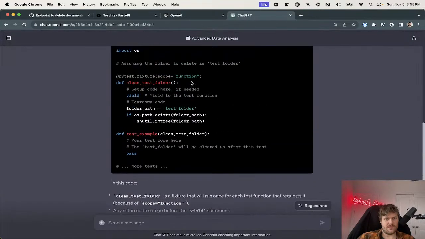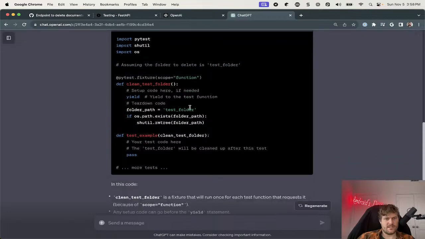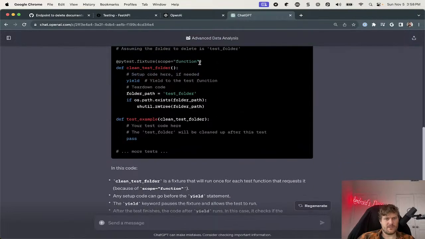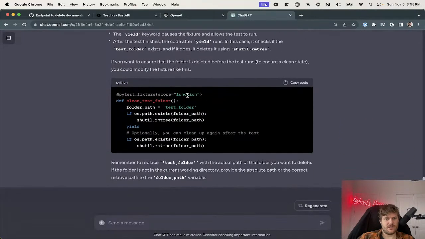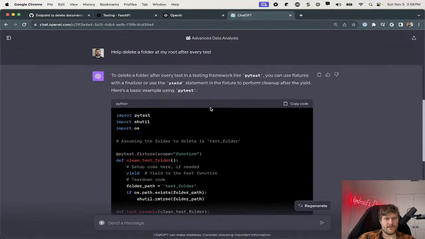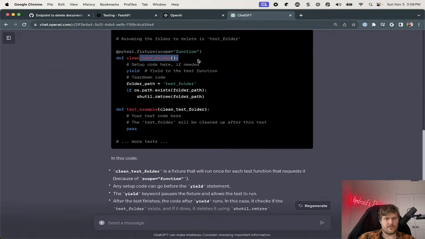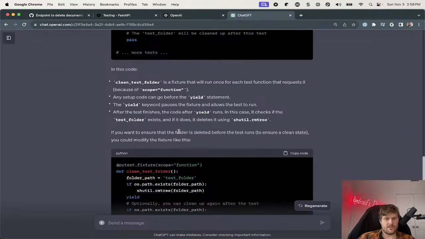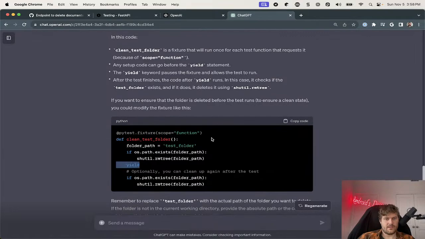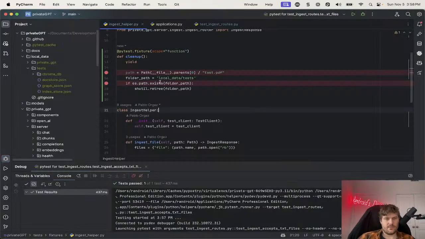I don't understand how this runs before versus after. There's nothing here that says when it should run, other than this maybe scope function thing, right? Clean test folder. This is exactly the same code, is it not? Clean test folder function yields. I'll put the yield later, I guess. If exists, you just run it twice. Oh, this is after, so before versus after. I guess I should do it before, and then